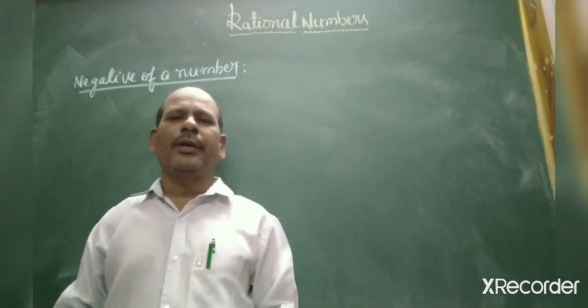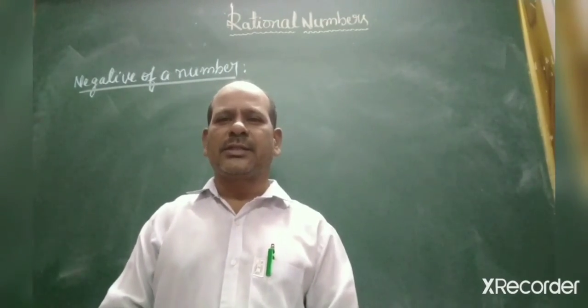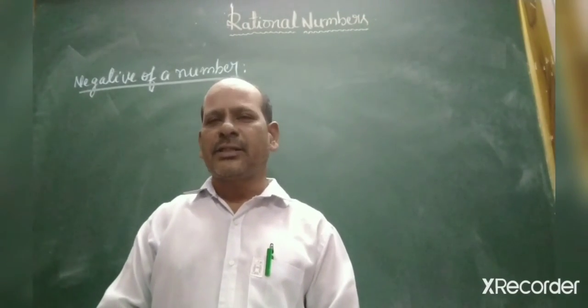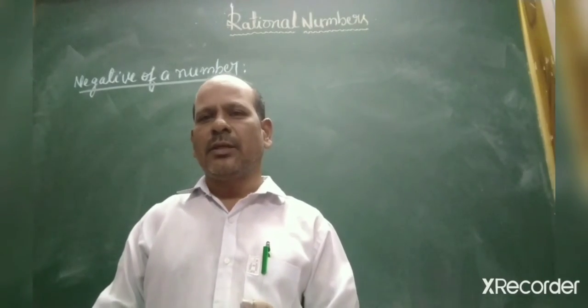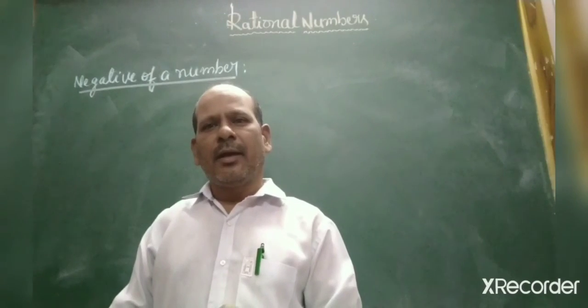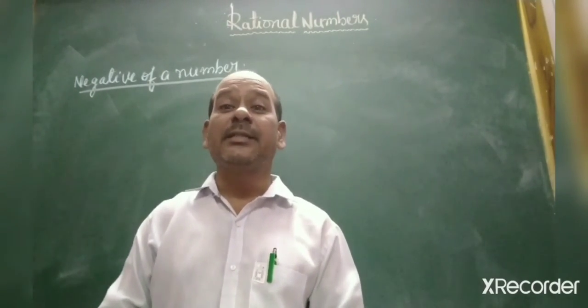Okay, now negative of a number. For example, 2 is a rational number. If I take minus 2 and add 2 and minus 2, I will get the answer 0. So we can say 2 is the negative of minus 2 and minus 2 is the negative of 2. Okay, if A is, for example, any rational number,